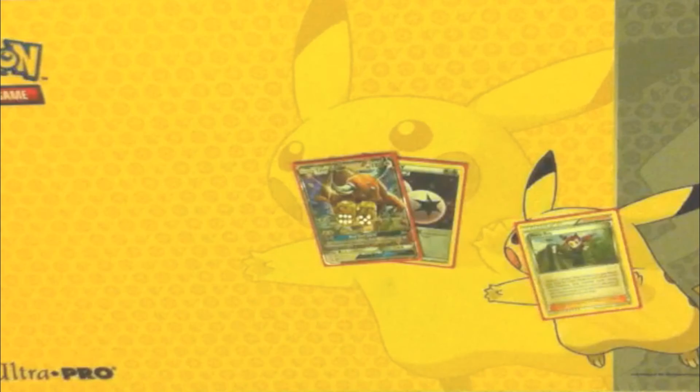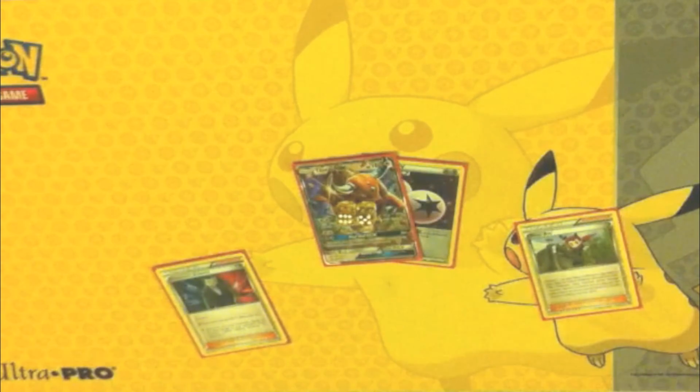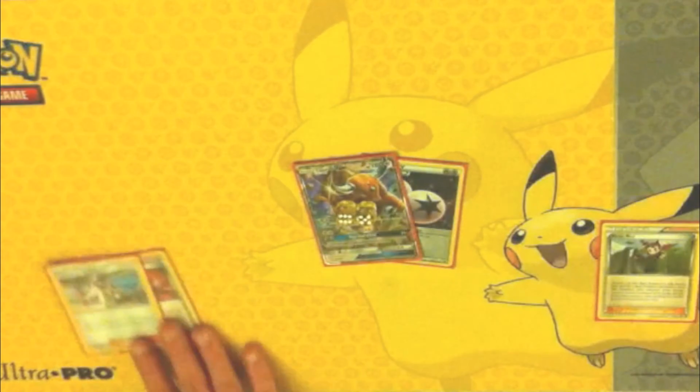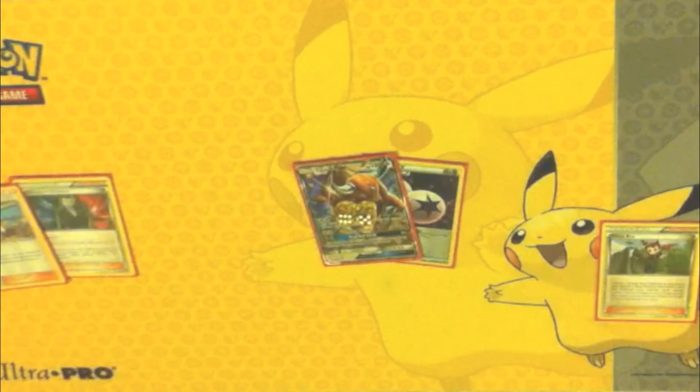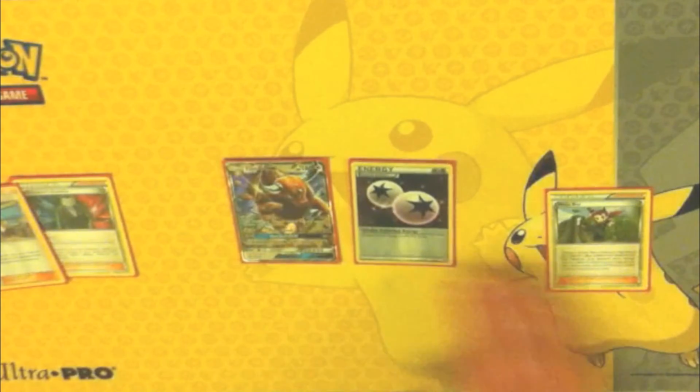We can even use Lysander to catch someone out, or maybe use Giovanni's Team to deal 20 more damage if that damage is not enough. There's also Professor Kukui that does the exact same thing, dealing 20 extra damage but drawing 2 cards. It's situational. And the thing I really like about the combination here with Tauros GX, the Double Colorless Energy